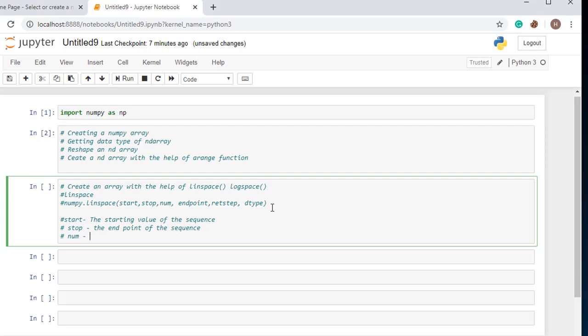Num is the number of evenly spaced samples, meaning you have to provide how many samples you want to get from the numbers which you have provided. Linspace creates an array by using the numbers between two given numbers, and it divides according to the number of terms you want in the array, and all two consecutive numbers have equal difference.